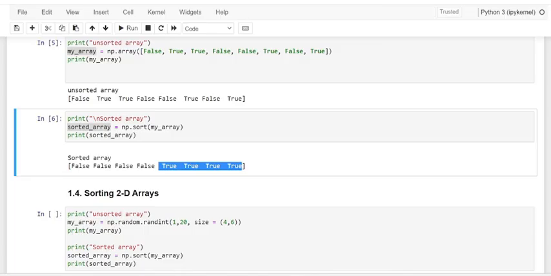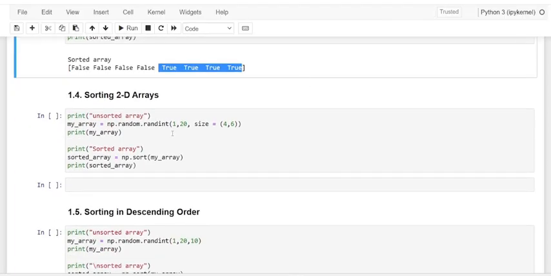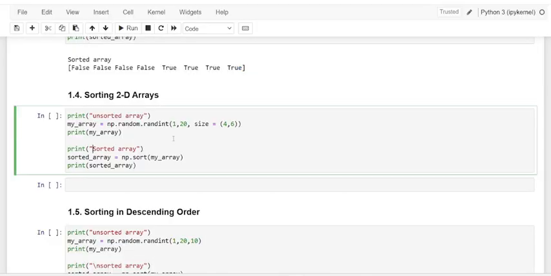And kindly take note of it here. In this function we are going to have the unsorted array and the sorted array in a single execution. So see here, randomly we are going to have 20 values, and of course it is a 4 into 6 two-dimensional matrix. So 4 into 6 means 4 rows and 6 columns. And once we pass that random array into the variable my_array, after that we are going to get it sorted in the manner of a function by passing the same